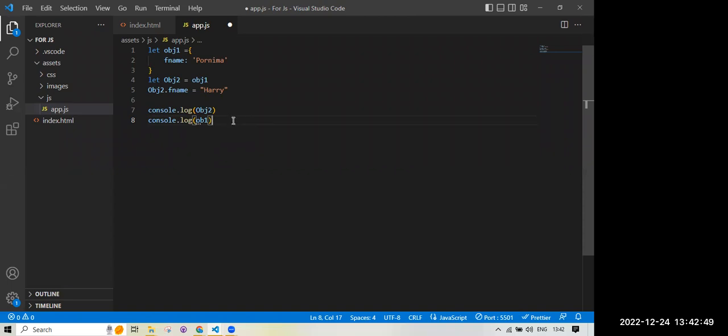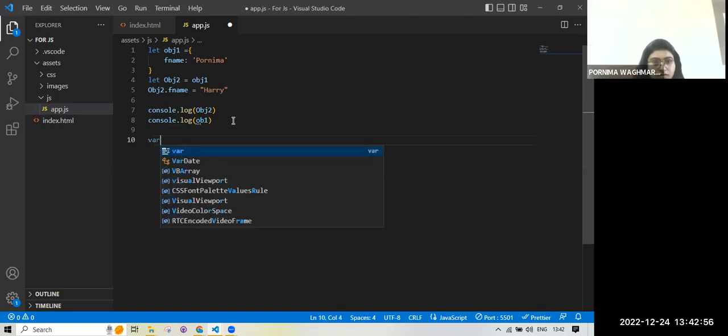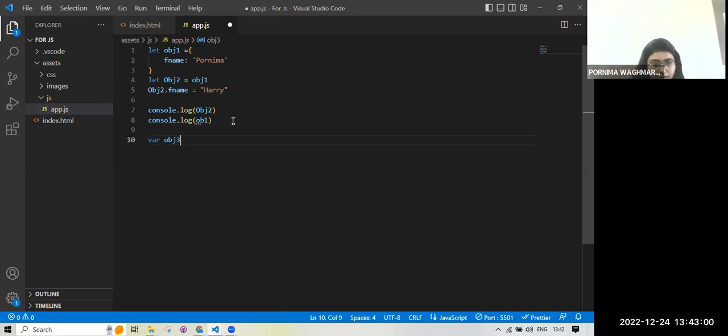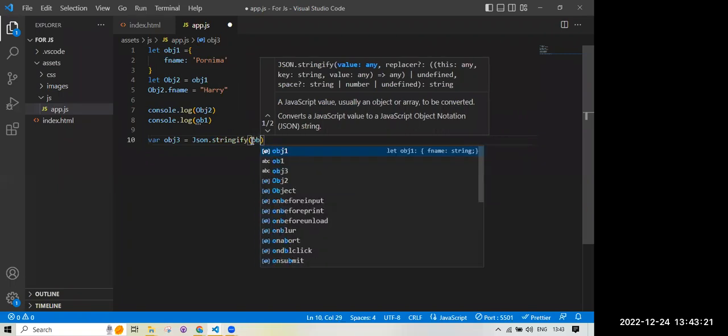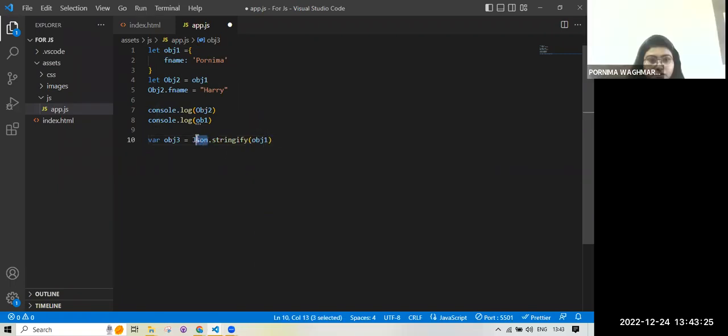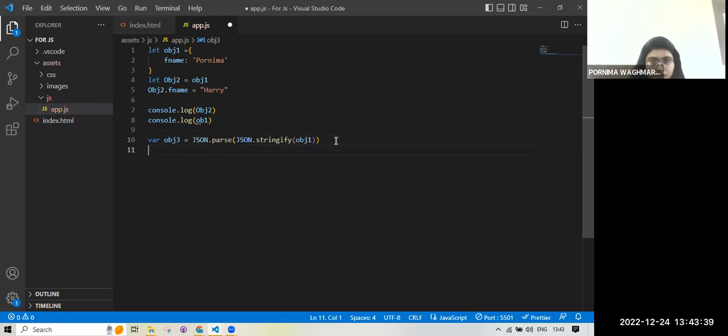An example of deep copy? Yeah. To overcome it, we can write var object3 equals JSON.stringify first to store it, and then we have to parse it with JSON.parse. JSON is in capital letters.